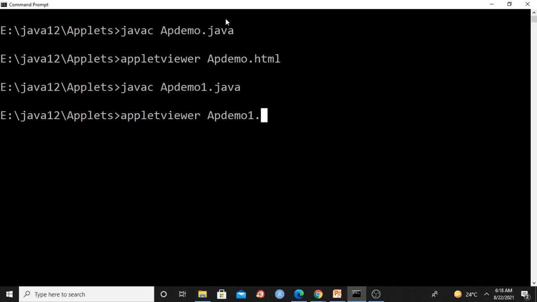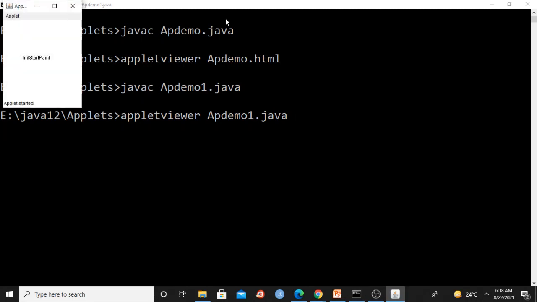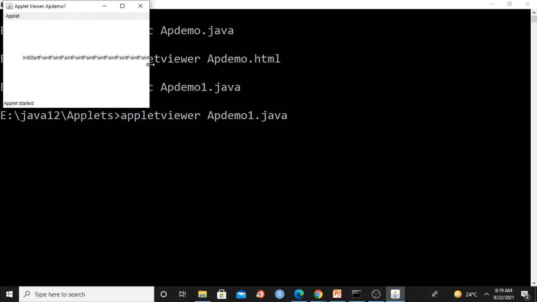Here we are not maintaining a separate HTML file. That HTML code we are keeping inside the Java file. Just see, you are getting init, start, paint, isn't it? If you resize, again the paint method is called.